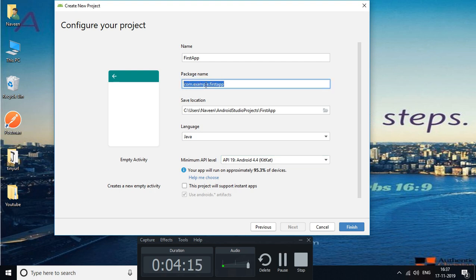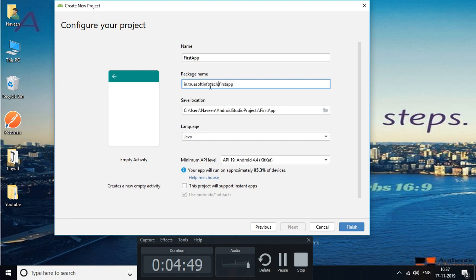And then the important thing, you have to give the package name. The package name is the unique identification of your app. Once you deploy your application on Play Store, you can either search using your name, or if you put this package name, you will be directly redirected to your app. So here I will keep this the same, and for this I will give TrueSoft Infotech.